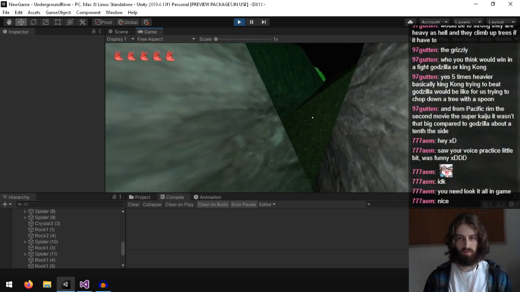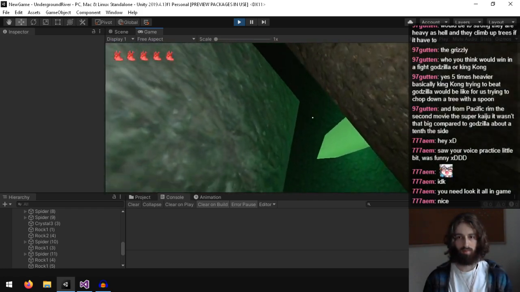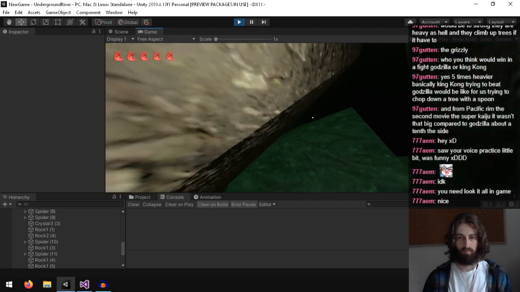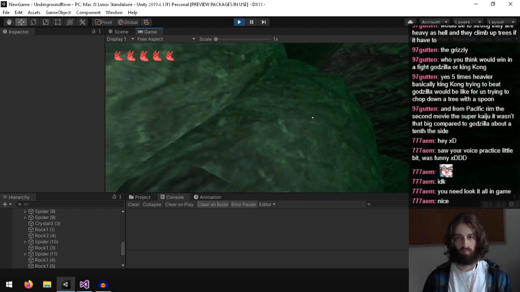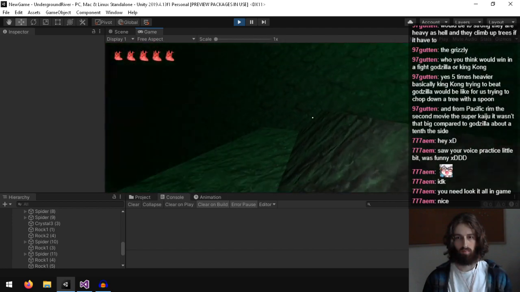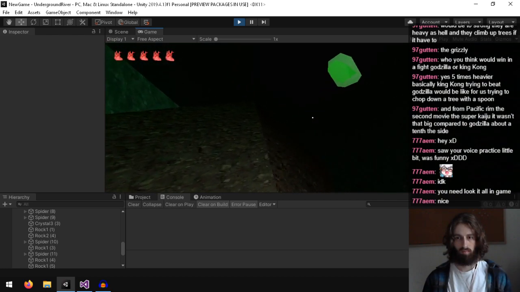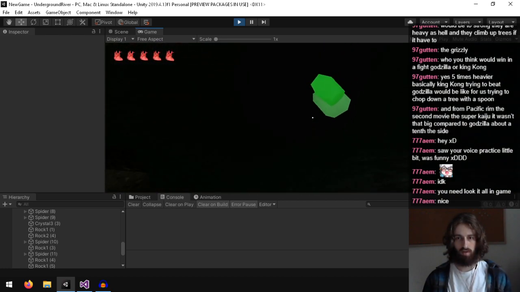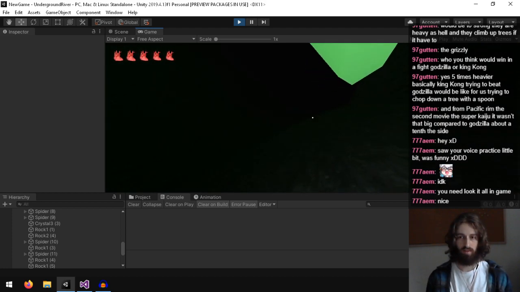I wonder if it's possible for me to do the jump through here. How long does it take to walk from one end of the tunnel to the other?